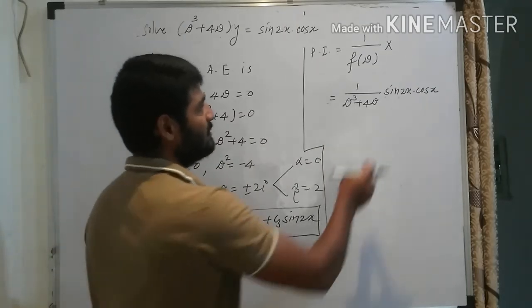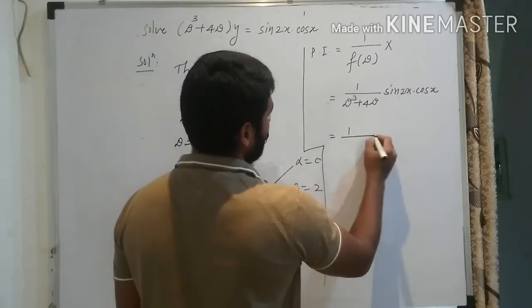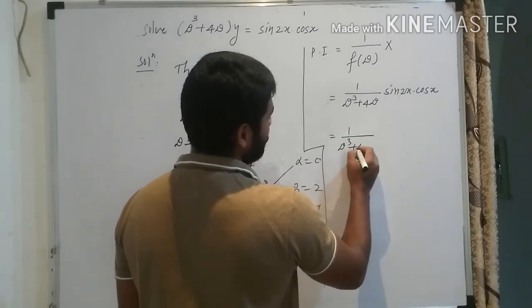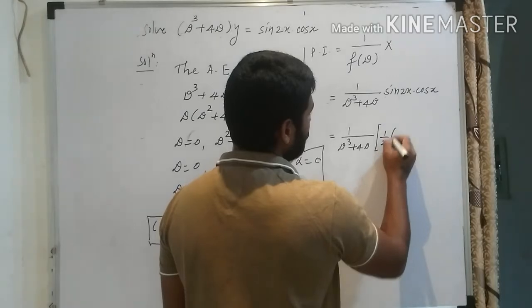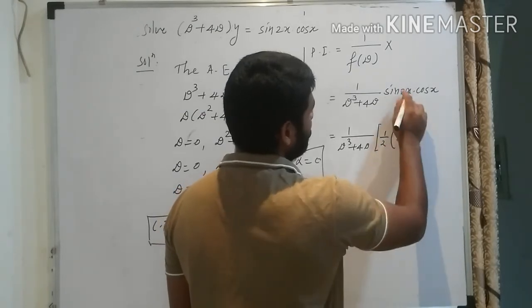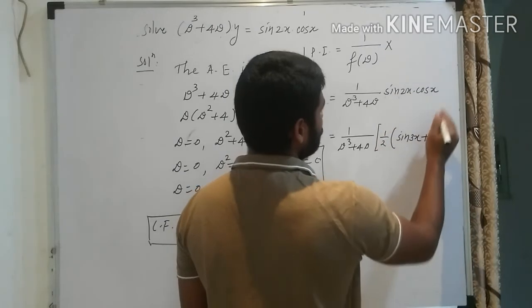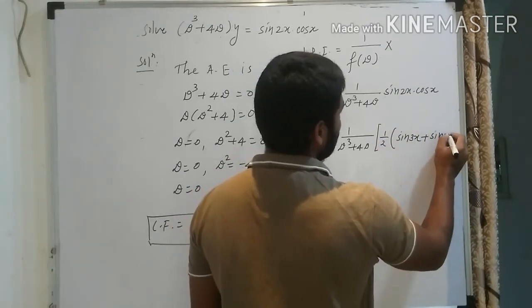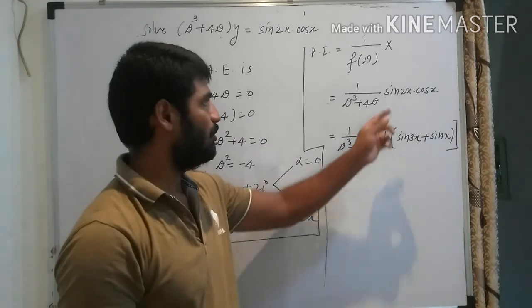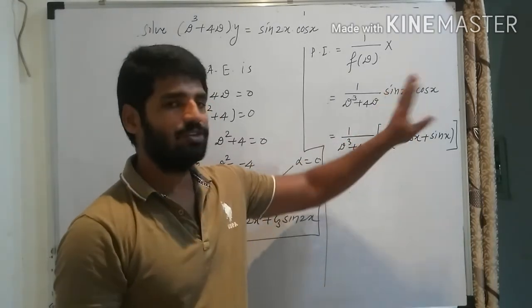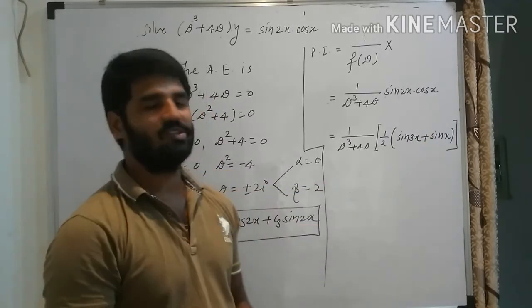So what is the identity? Sin 2x into cos x, that is sin A cos B. So using the formula for sin A cos B, this can be written as 1 upon 2 into bracket sin(A plus B), that is sin 3x, plus sin(A minus B), that is sin x, bracket close. Using the trigonometric identity formula for 2 sin A cos B, that is nothing but 1 upon 2 [sin(A plus B) plus sin(A minus B)].